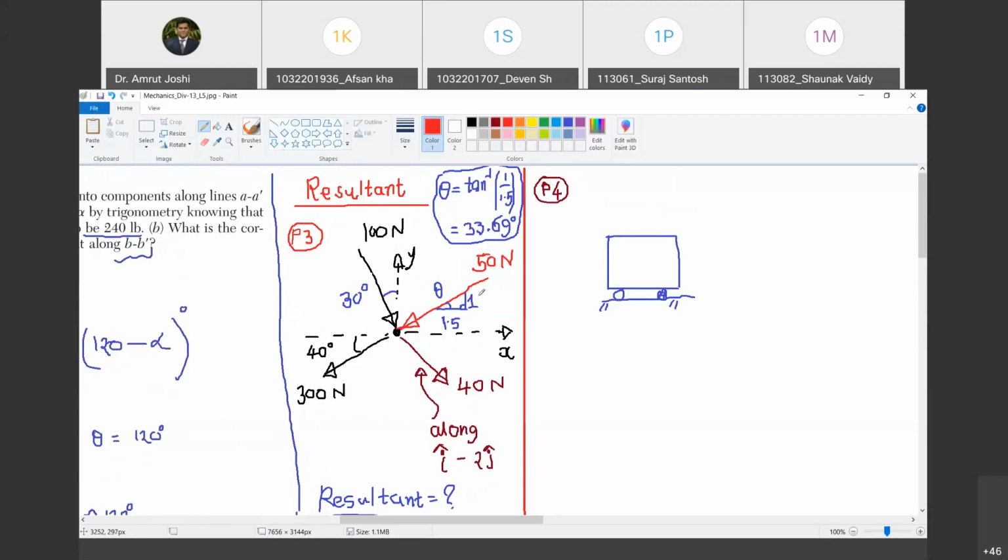अच्छा, जिसने डाउट पूछा है? Yes, sir. हाँ, वो अनम्यूट रखो. So if you can see the cursor like this, तो देखो, I have to resolve this 50 Newton along x and y. That means I have to find out two forces in x and y direction which add up to this 50 Newton. Do you agree with me?